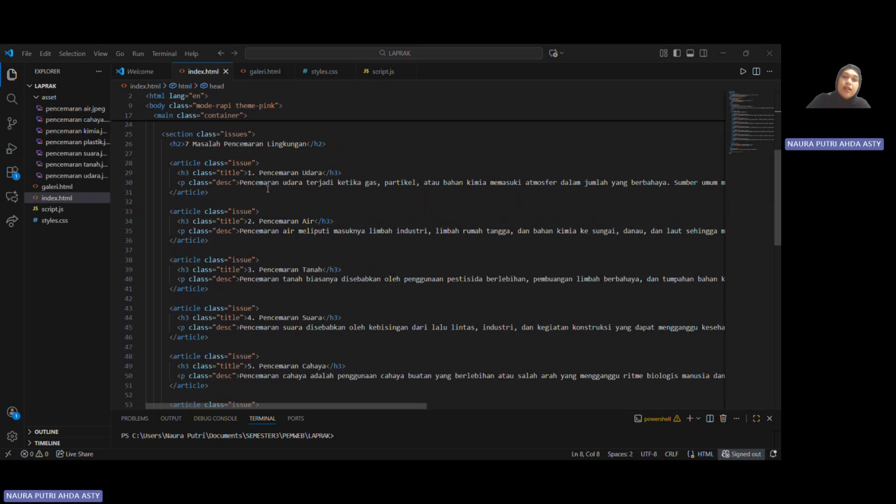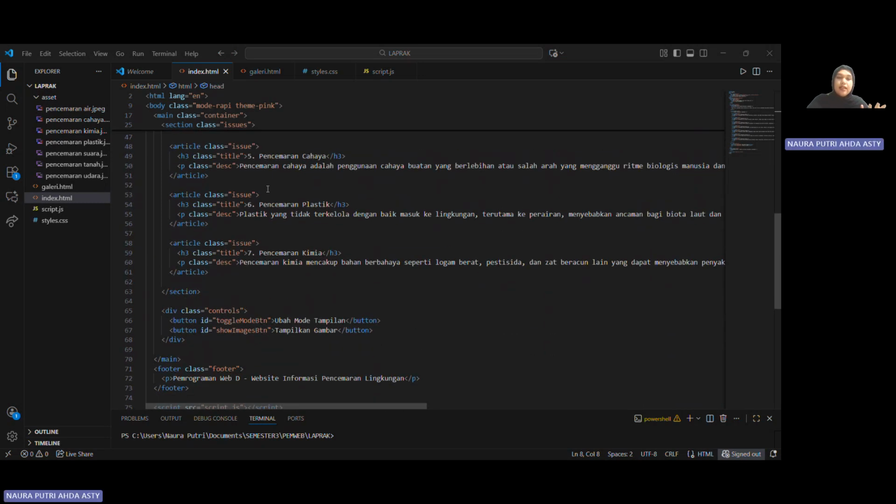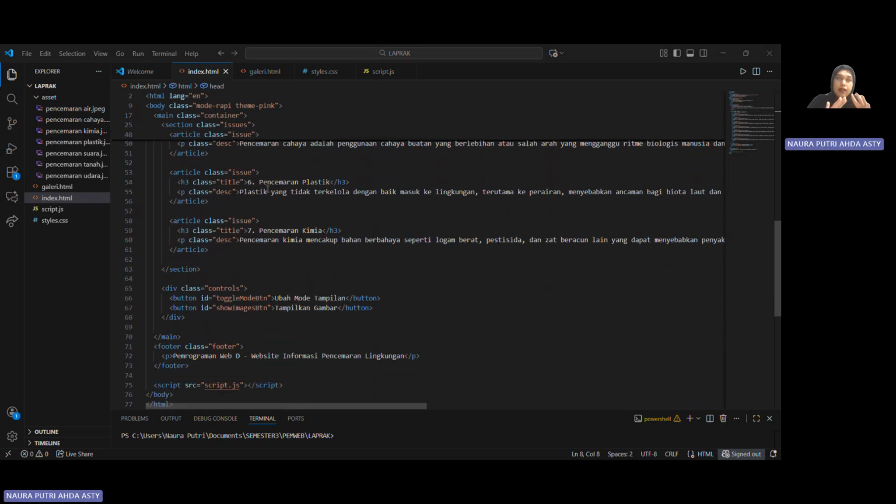The first one is pencemaran udara, then pencemaran air, and then pencemaran tanah, and then the description, and so on. Each topic has the article tag, which defines this part so it is easy to organize in the CSS code or the JavaScript code.